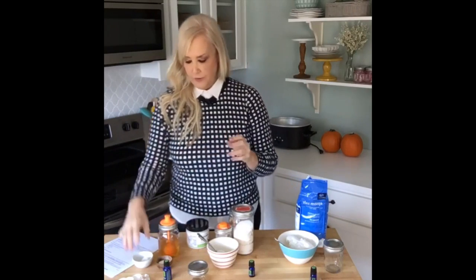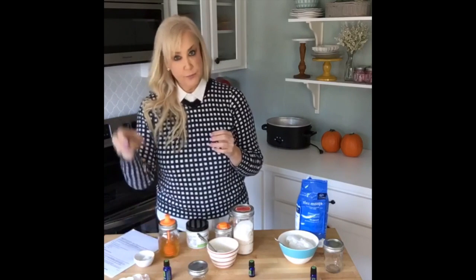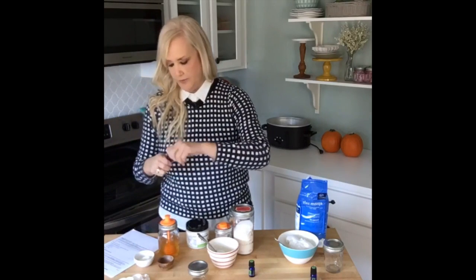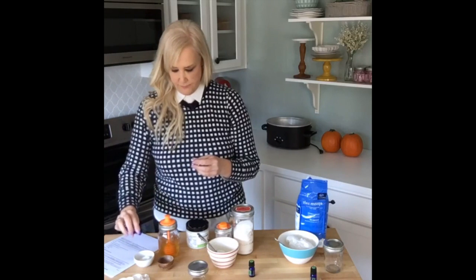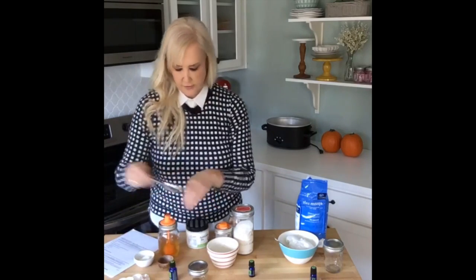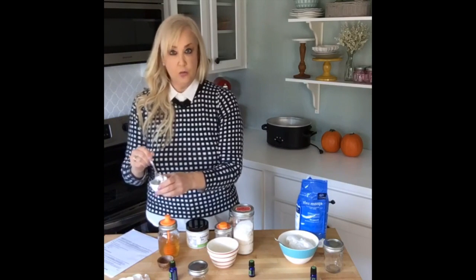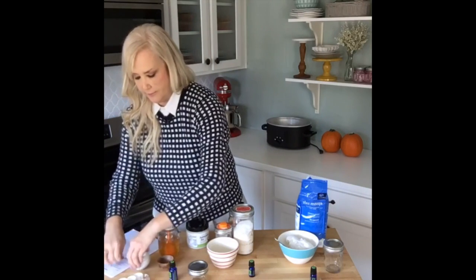So you're going to start with the coconut oil, 1 teaspoon of coconut oil, 2 teaspoons of sugar, and I'm of the Rachel Ray mind where you just kind of eyeball it. And then a couple of drops of peppermint essential oil. I'm going to try to do about 3. And the honey that I put in there already. I'm going to use this spoon over here. And then you're just going to mash it up, mix it well. You might need to use a fork until it's all really well incorporated, and then you can just put it in your own little